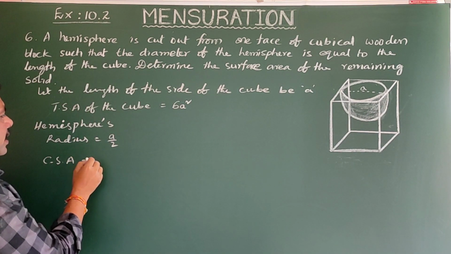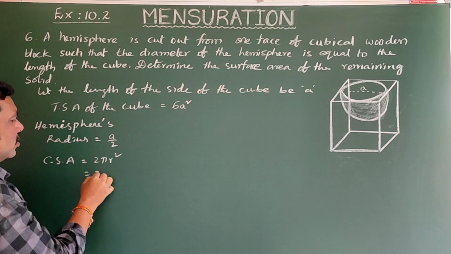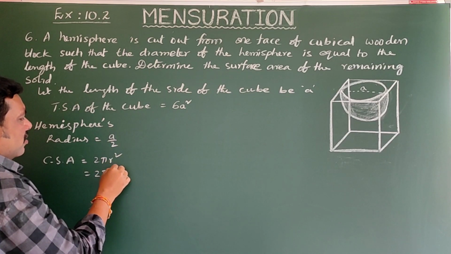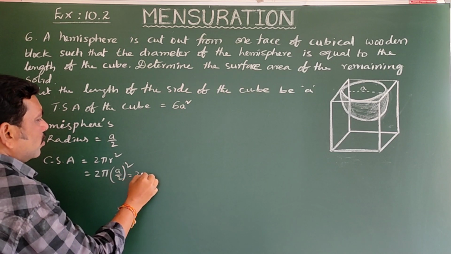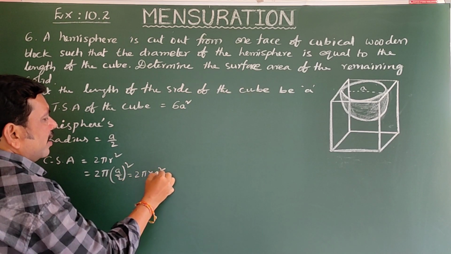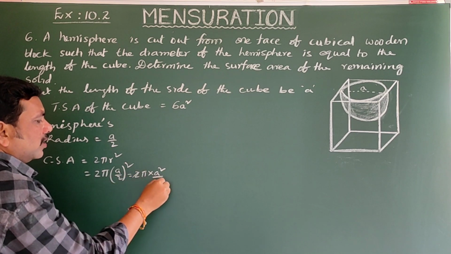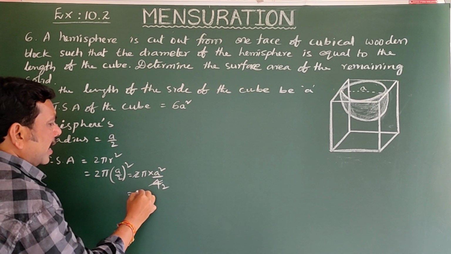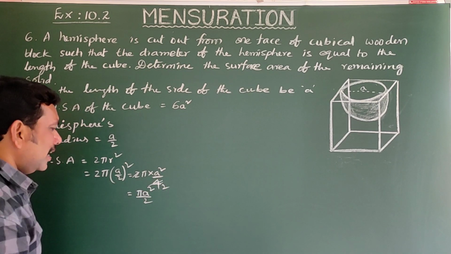CSA of a hemisphere is equal to, what is the formula? It is 2 pi r square, that is 2 pi into a by 2 whole square. Okay, that is equal to 2 pi into a square by 4. Here 2 in 4, 2 times gets cancelled, that is equal to pi a square by 2. Right? Next,